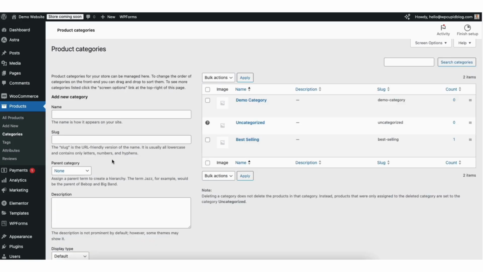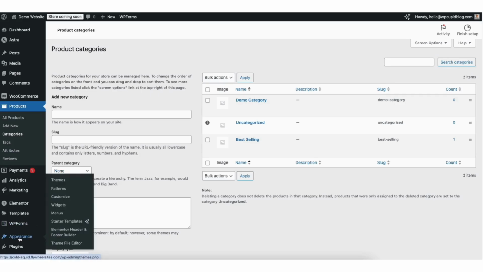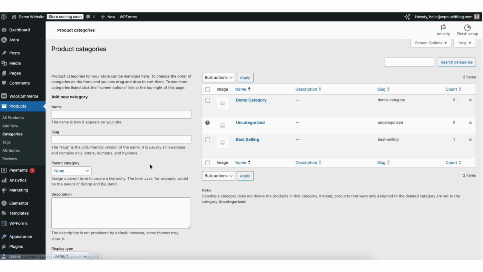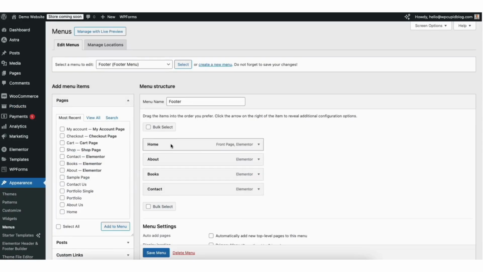Next, let's go over adding the shop and e-commerce pages to the menu in our website. I'll hover over Appearance in the left side menu. Click Menus. You'll see your menu showing here. Where you see the Select a Menu to Edit, you'll notice it says Footer Menu on mine. If yours doesn't say Primary Menu, click from the drop-down and select Primary Menu. This is the main primary menu that you want to select. Click the Select button.